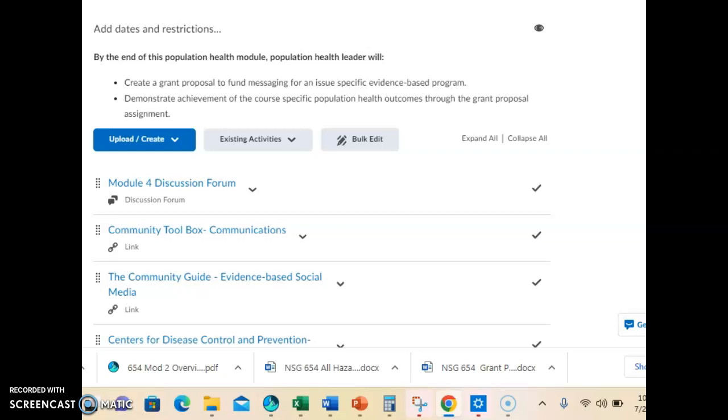particular health issue. Remember the population, you can decide the health issue, you can decide perhaps you want to focus on reduction of STDs, perhaps you want to focus on increased mammograms. You decide what would be important within your community to focus on and how you can spread that message.